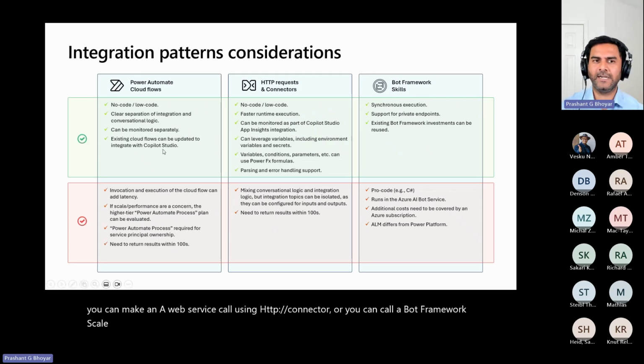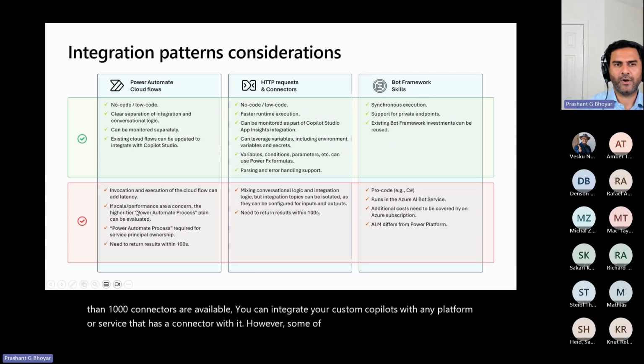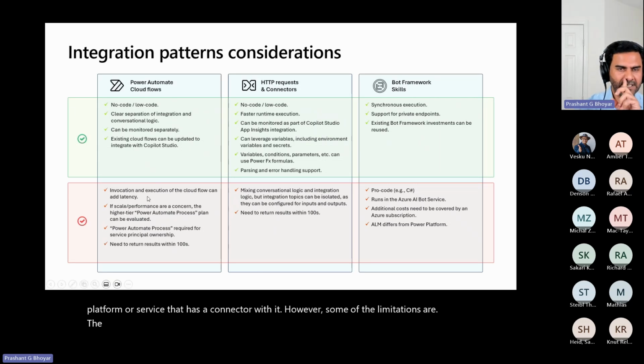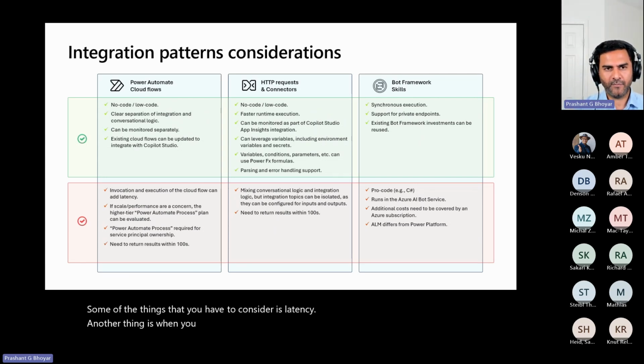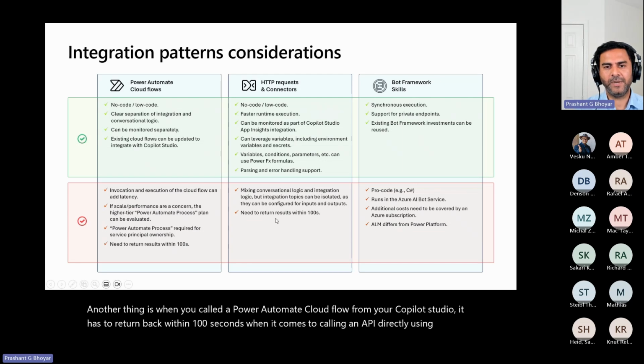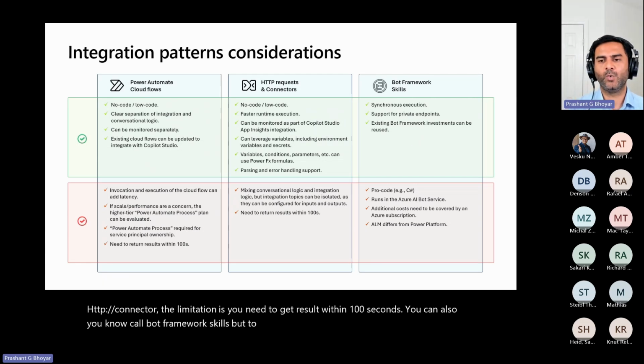So what are some of the plus and minus? Power Automate, since there are more than 1,000 connectors available, you can integrate your custom copilots with any platform or service that has a connector. However, some of the limitations or things that you have to consider is latency. Another thing is when you call a Power Automate cloud flow from your Copilot Studio, it has to return back within 100 seconds. When it comes to calling an API directly using the HTTP connector, the limitation is you need to get a result within 100 seconds. You can also call Bot Framework skills, but to do that, you need to use